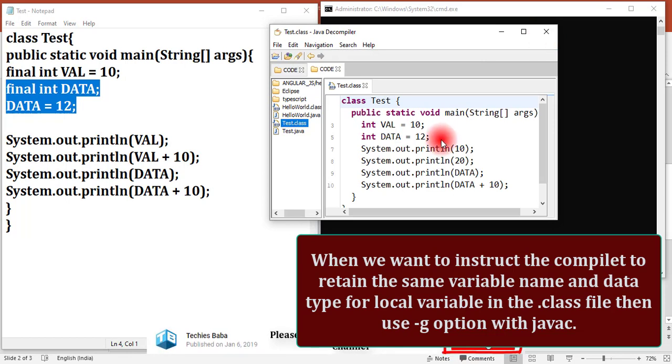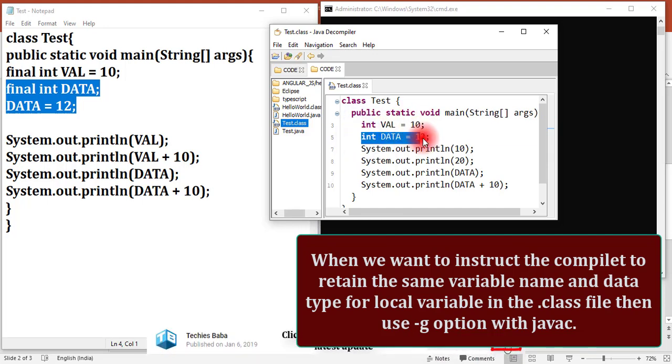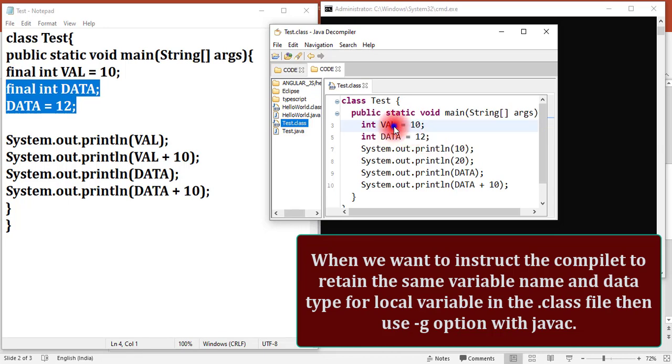Now if you verify the .class file, it is using the variable names as they are, int val equal to 10, int data equal to 12. Since we have used int, it is using int. Since we have used data, it is using data. It is keeping the variable name as it is with the data type.